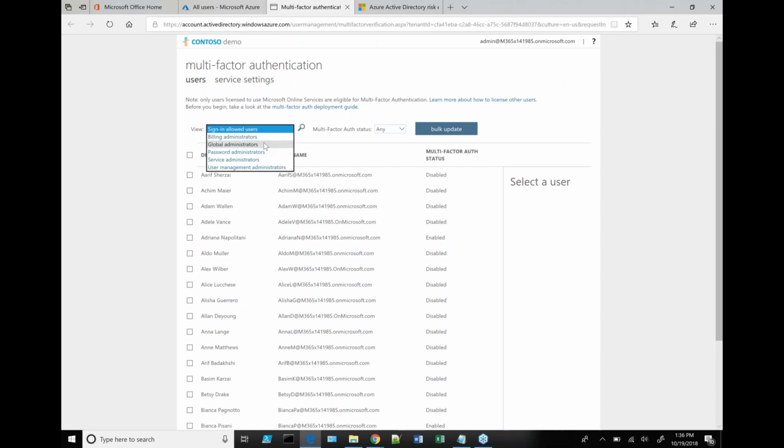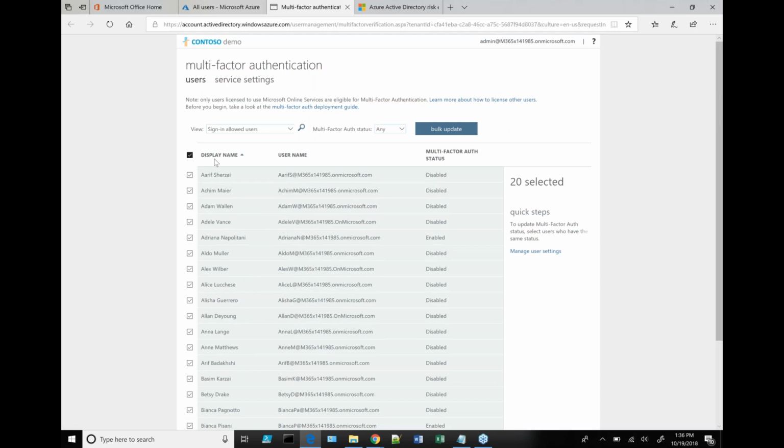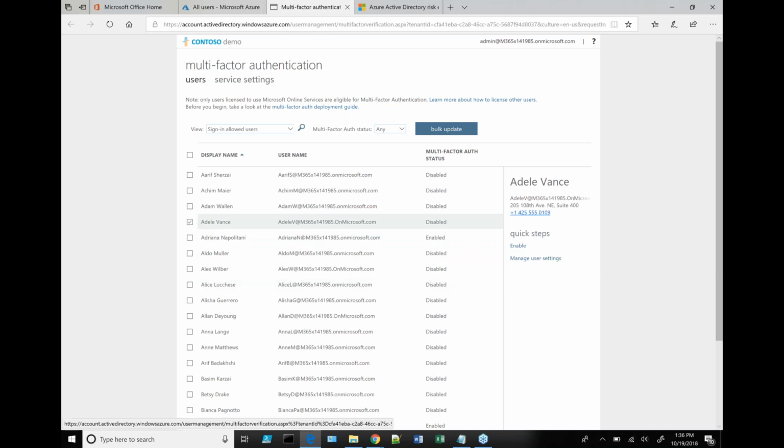I know in the secure store, that's one of the top ways to get a lot of points is to require MFA for your admins. So you can do that. You can go through and select a bunch and enable them in bulk or however you want to do that. Here's your bulk update tool there. So it's just as easy as clicking somebody, and this one's already enabled. So I'll click this one and you click enable